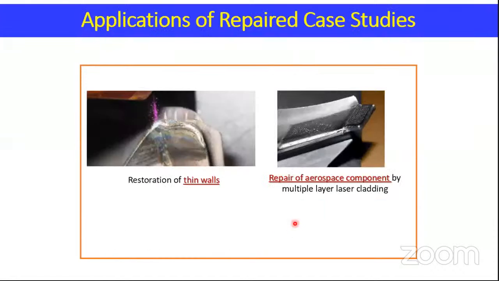And this is a case study of when we have thin walls, especially for the turbine blades, right? So it becomes very challenging to avoid distortion. So then the repair work has to be done very meticulously by optimizing the processing parameters. And also this is more like a multi-layer cladding, or the deposition, which would be again done on such thin